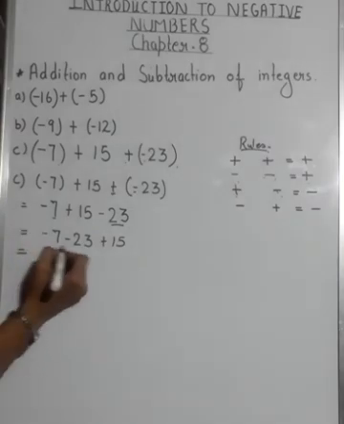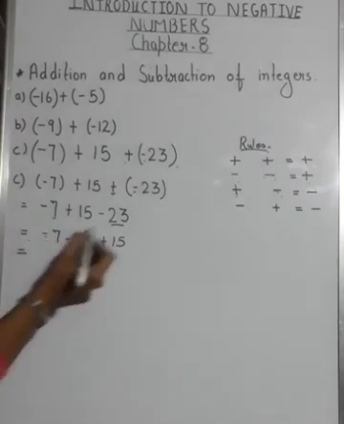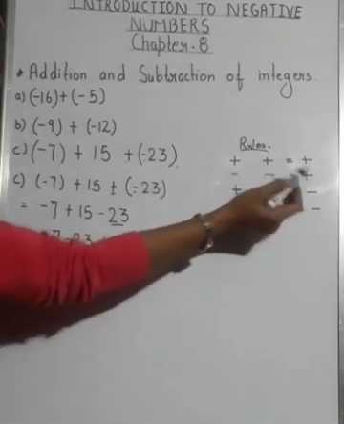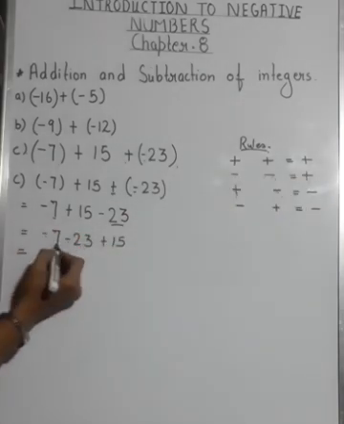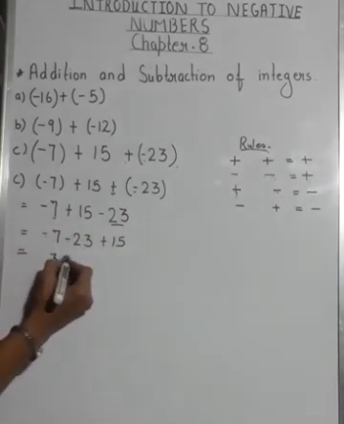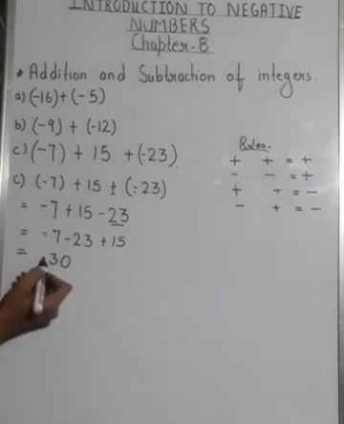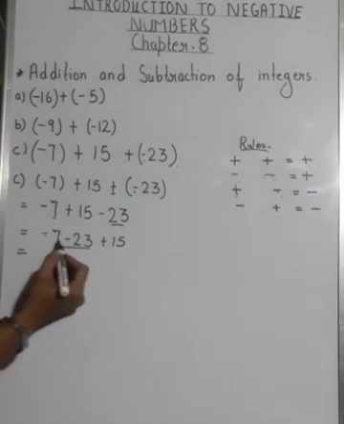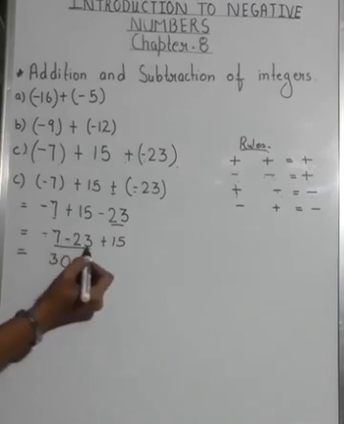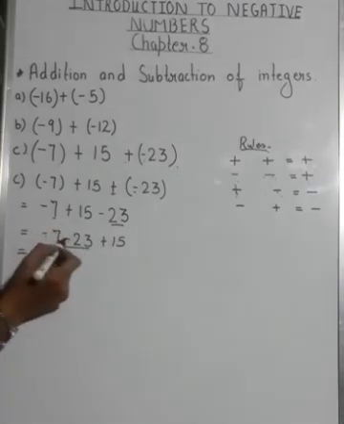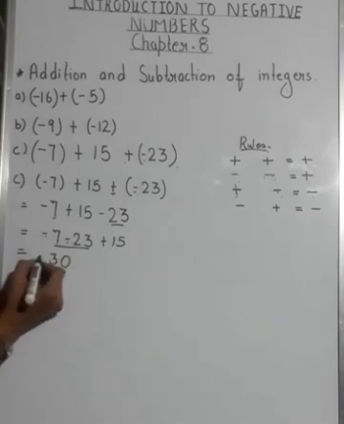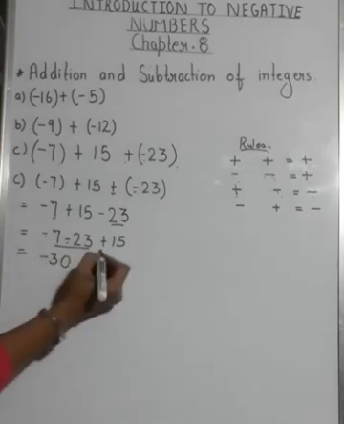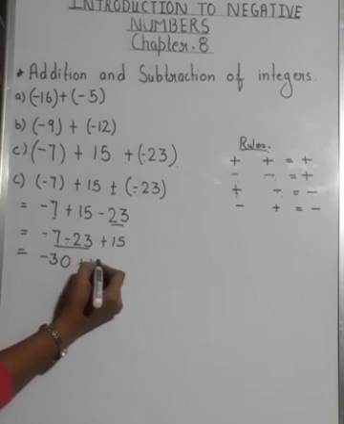Okay. Now solve these two. This is minus minus. What is minus minus? Plus. So 23 plus 7 will be 30. Clear? Now what about this sign? You have solved these two. Now see which is greater among them. 7 is greater or 23 is greater? 23 is greater. Which is the sign before 23? It is minus. So you will put a minus over here. Okay. And now copy this 15 as it is.